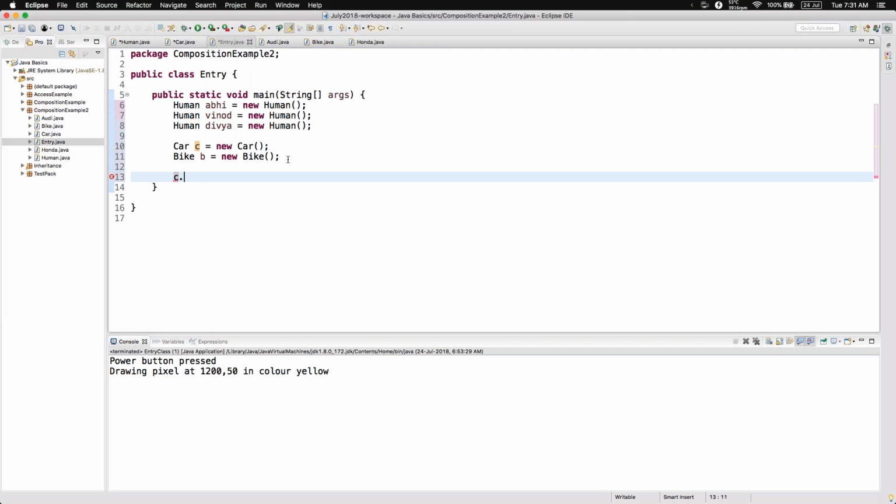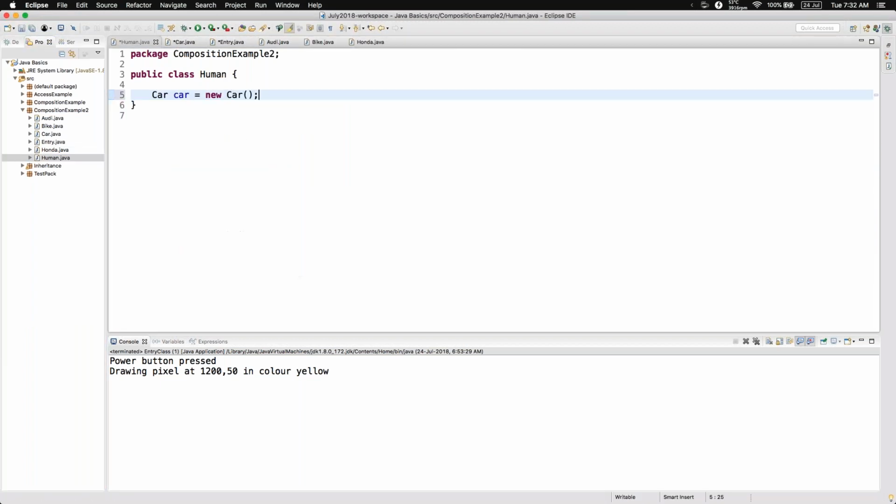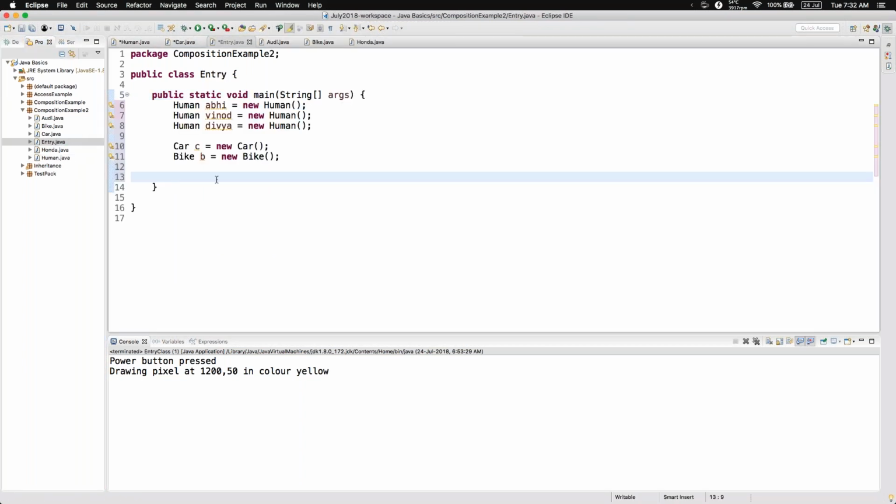now if I say car C dot, you can see I can get model and color. C can get it. That's not an issue. It will be the same if you go to the human. Inside you have a car, right? And if this is public, and you go back to here, now you have Vinod or Abhi, dot, you have car,